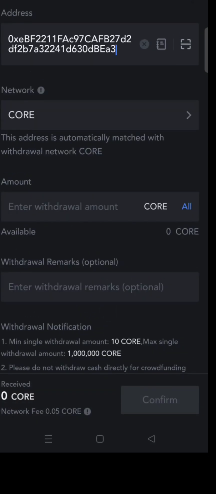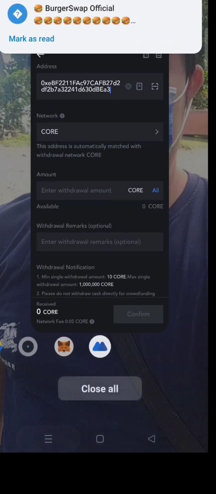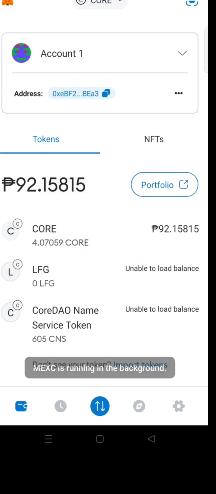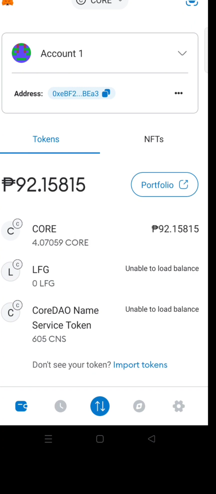Then it depends on you how much Core you buy. After that, the Core is already deposited here in MetaMask.